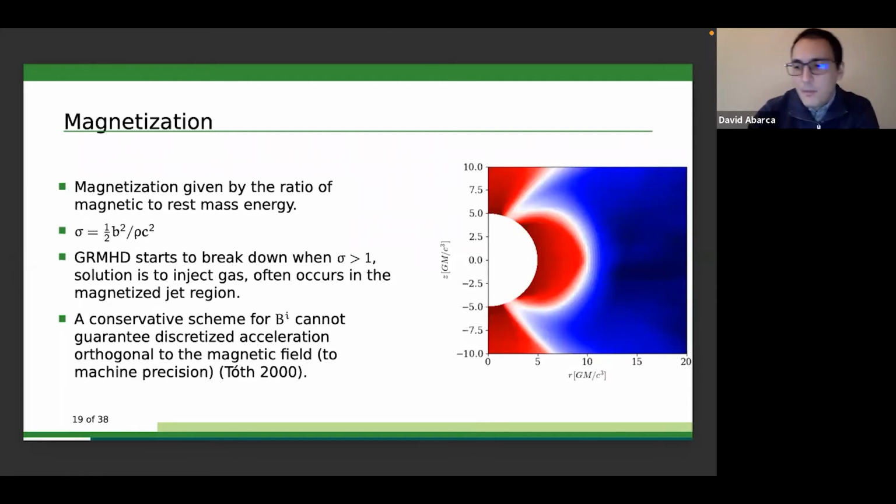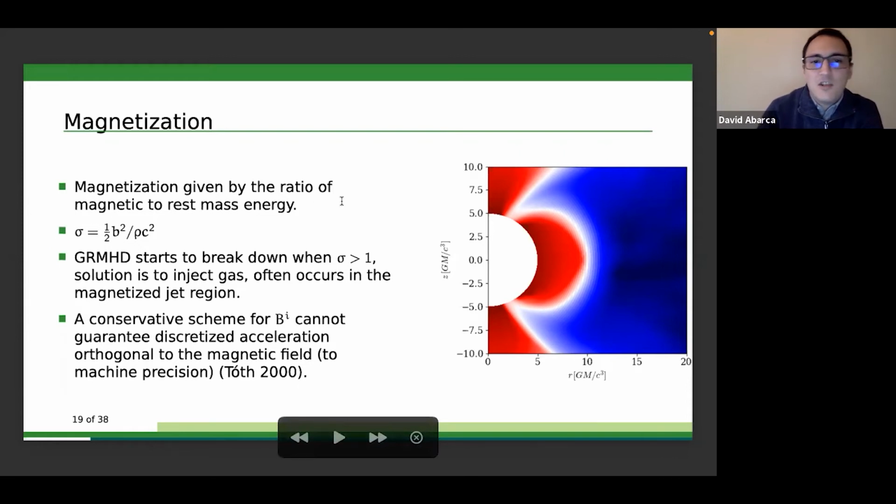And just to give you an idea about what kind of magnetic fields we're looking at, we have this quantity called the magnetization. Magnetization is basically the ratio of magnetic to rest, at least this definition. There's a couple different definitions. This definition is the ratio between magnetic energy density and gas energy density. So from one of my simulations, I'm plotting here, I see I lost the color bar, which is a shame. Dark blue is magnetization of 10 to the minus 4. Dark red is magnetization of 10 to the 4. So we have magnetizations that can reach up to 10,000, and